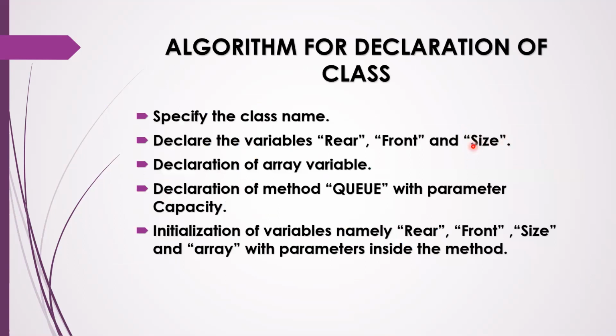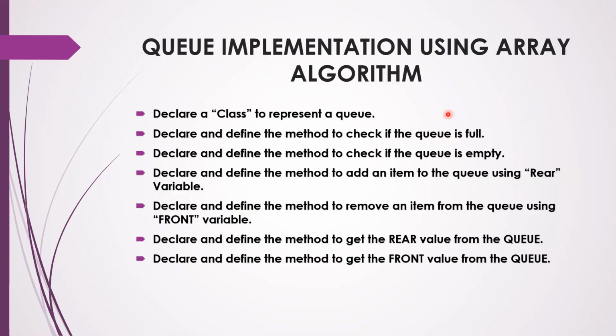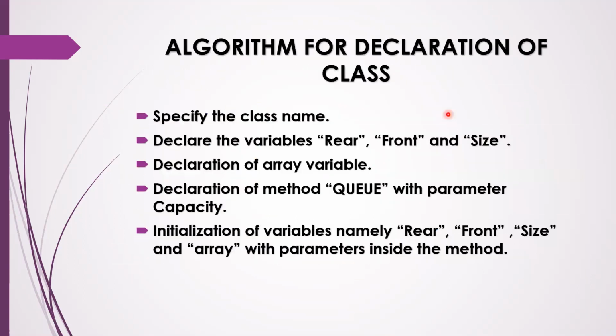Size is to know how many elements are currently present in the queue, right? So for example, in a cinema theater, there are 10 people standing in the queue, but the capacity is 20 people who can stand in the queue, and now it is only 10 persons who are standing in the queue. That is the size, but the capacity is 20, and only 10 are standing now.